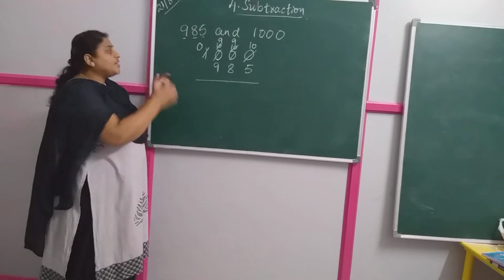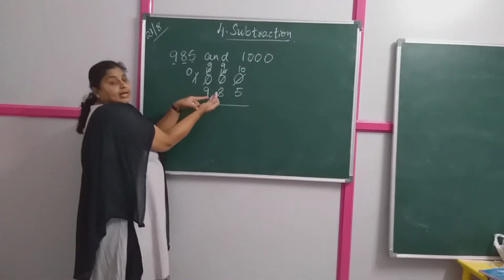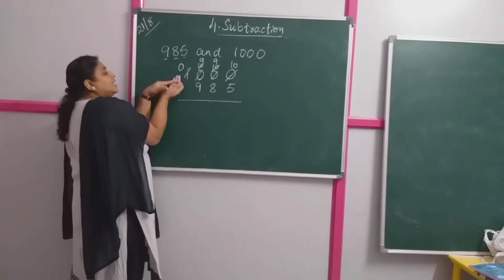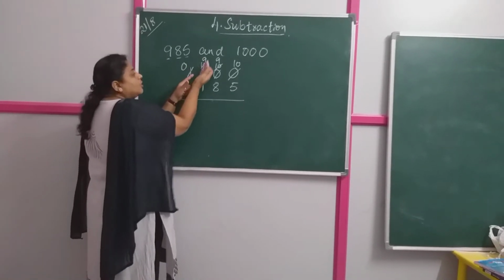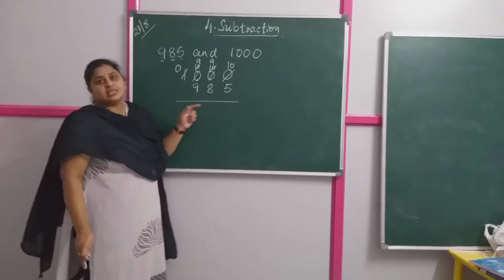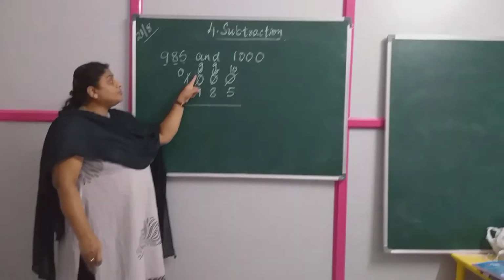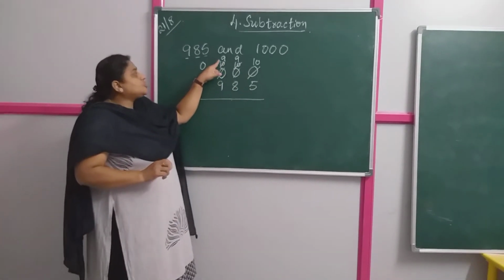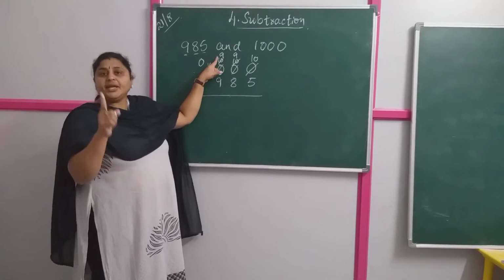Got it, children? So when you are not getting a borrow from the previous number, check the next number. If you still don't have one, again you check the next number. This is how you carry or take the borrow from one number to the other number. But be careful, whenever you are taking a borrow from one number, don't forget to change it to its before number. Otherwise, your complete problem will be wrong.